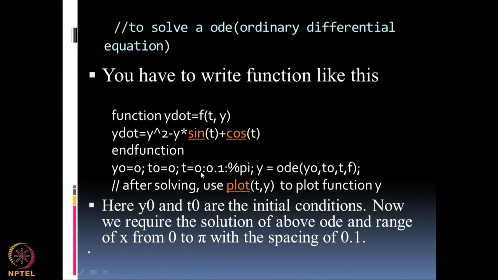T will take on values from 0.1 up to the value of pi. So, this particular line, t = 0:0.1:%pi, means the values of pi in radians. So, this t is a variable that takes values from 0 to 3.1415 in increments of 0.1. So, these are the values of t. I want to solve the differential equation so that I have the solution y for all these values of t. Okay. So, that is my solution.